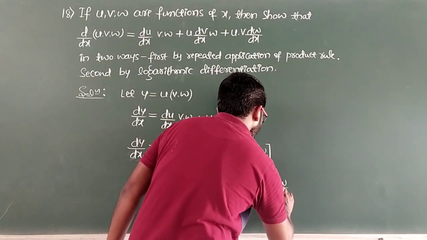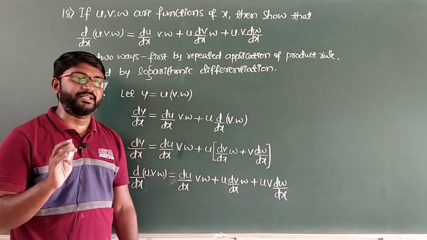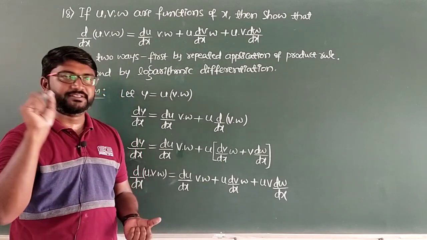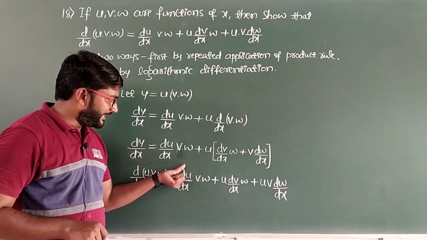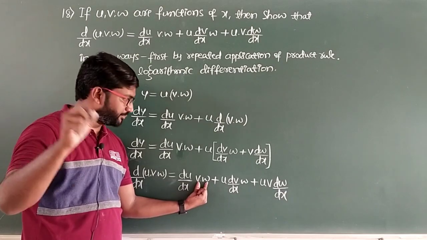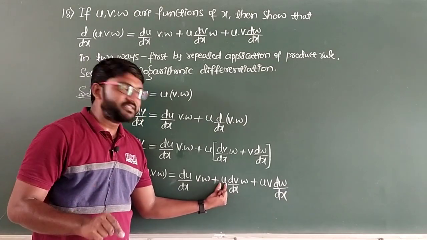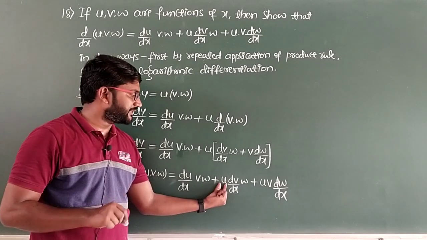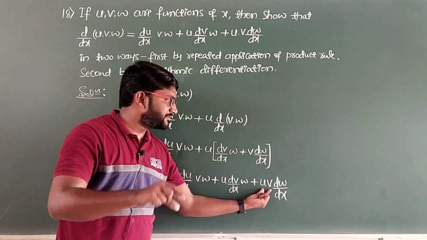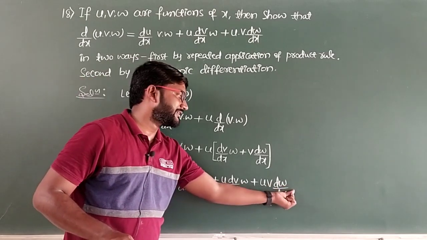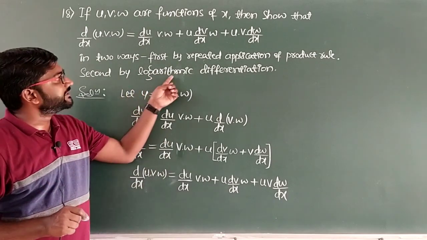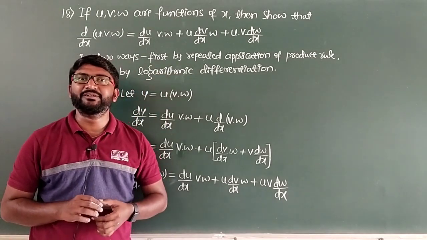So overall, what did you understand from this? Whenever you have product of three terms and if you want to find the derivative of those three functions, the rule is take the derivative of the first function and write the second and third as it is, plus now write the first function as it is, take the derivative of the middle function and write the third term as it is again, then plus now write first two terms as it is, take the derivative of the last term. So this is regarding the first method. You will have to go for logarithmic differentiation. This is all about question number 18.